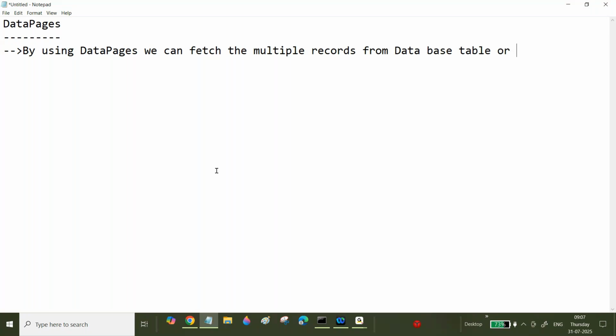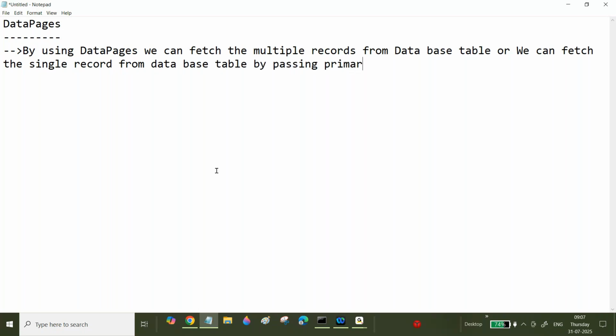Okay, by using data pages, we can fetch multiple records from a database table, or we can fetch a single record from a database table by passing a primary key value, or we can insert or update the data into the database table,